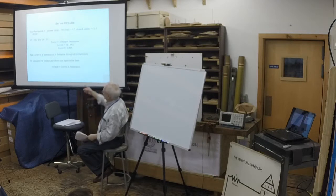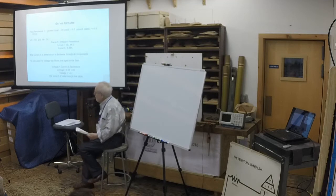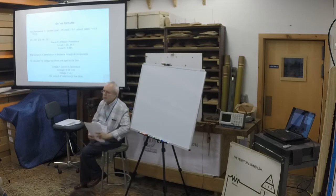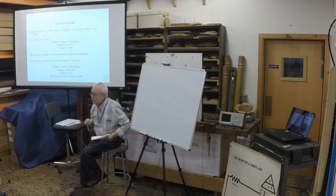Iva Hooper would approve of this rewriting of Ohm's law that says voltage is the current times the resistance. And the voltage is 14.4. We lose 0.6 volts through the cable. This sort of exercise is worth remembering because quite often in an organ you'll find that all the voltages are fine until you push a general piston, and then it